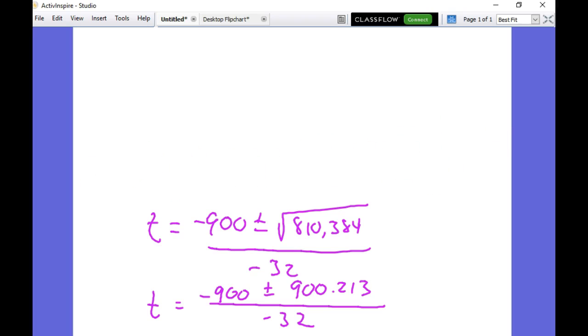Now at this point, something else that might be a little bit different is we're going to actually write two separate equations. We're going to write one where it's plus and one where it's minus, and we're going to calculate both. So we have